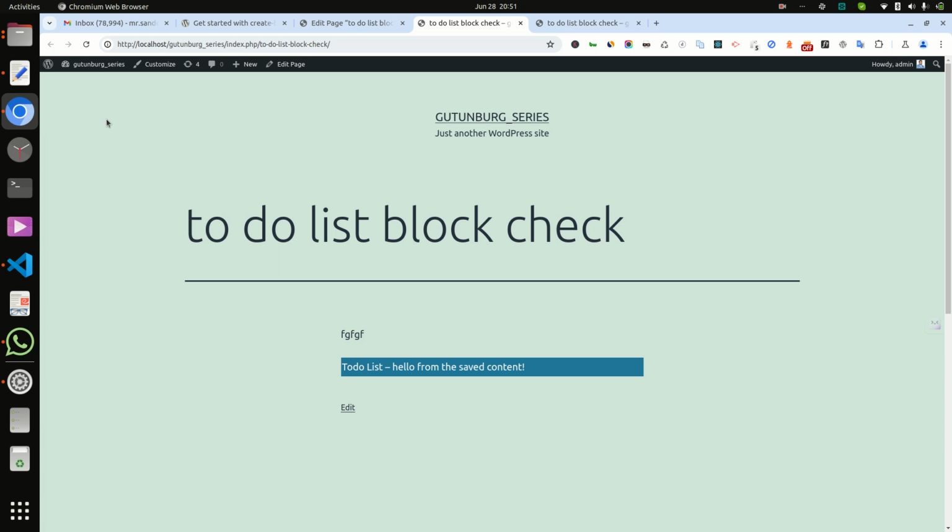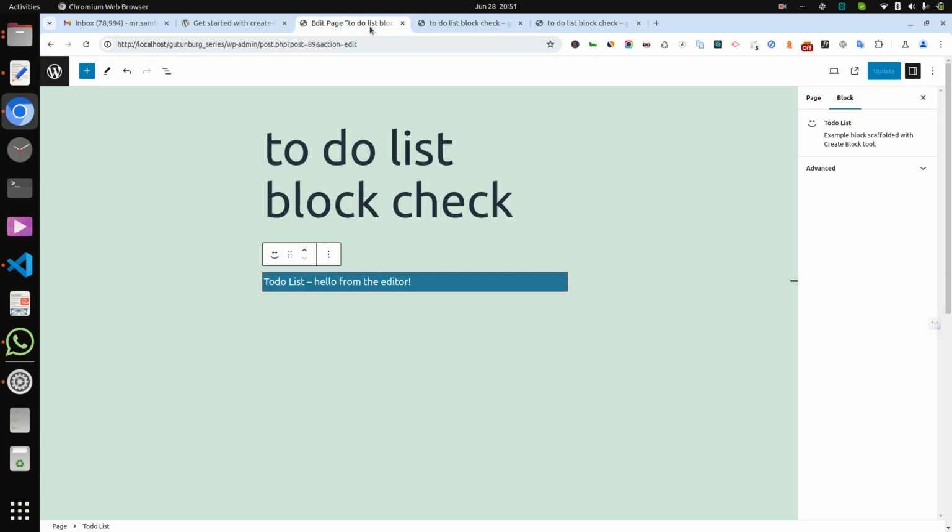In the other video we will check the block, how we can add more things inside it. The inspector controls, how we can manage inspector controls here, how we can add more features, how we can add attributes and manage attributes. Attributes are very good, and we should understand more and more about them, because attributes are a good thing for block development.